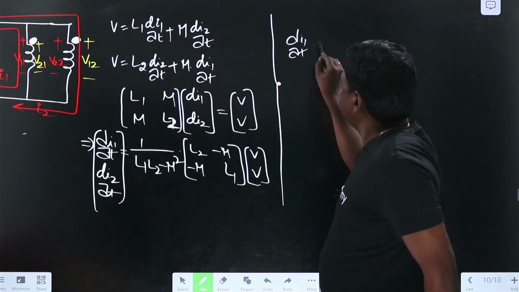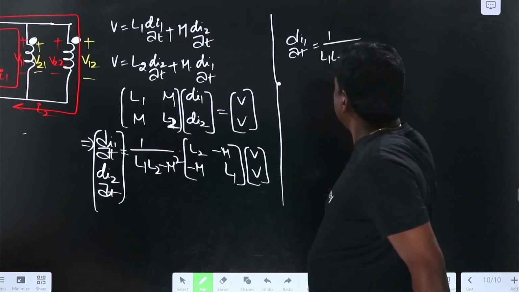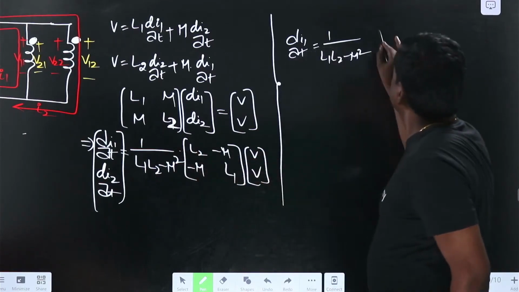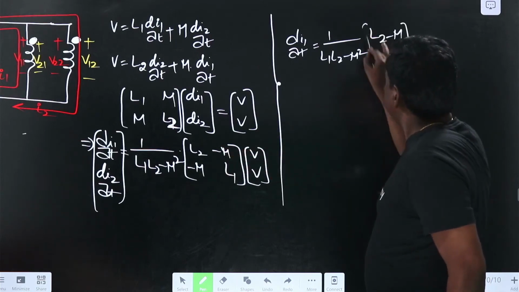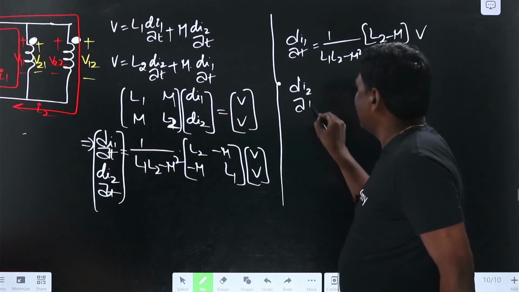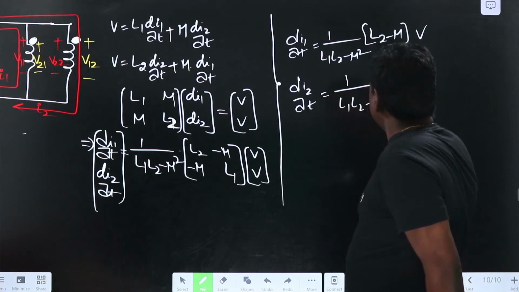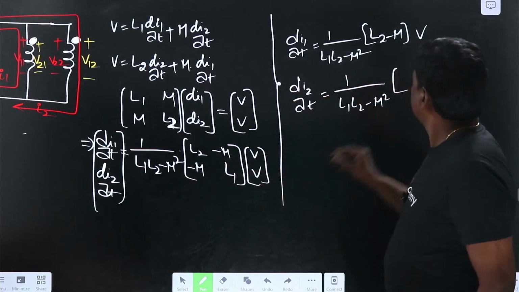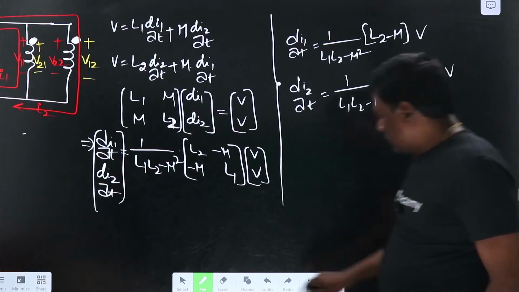di1 by dt equal to 1 by L1 L2 minus M square, L2 minus M into V. Now what is di2 by dt? di2 by dt equal to, as usual, 1 by L1 L2 minus M square, again minus L1 minus M into V. Now if you see here,